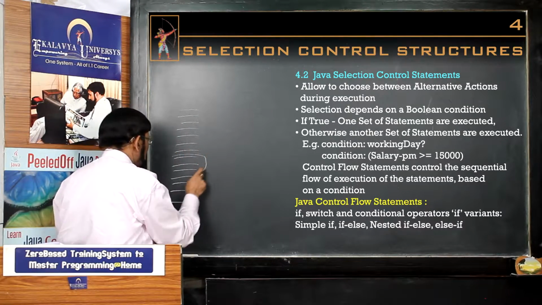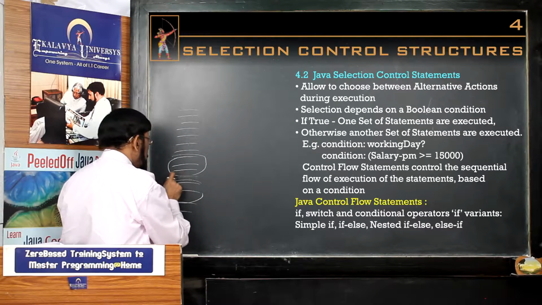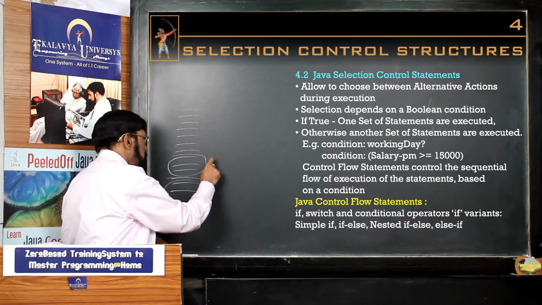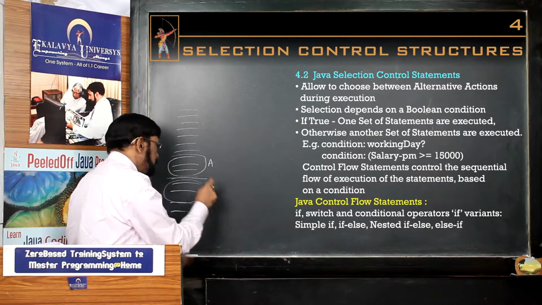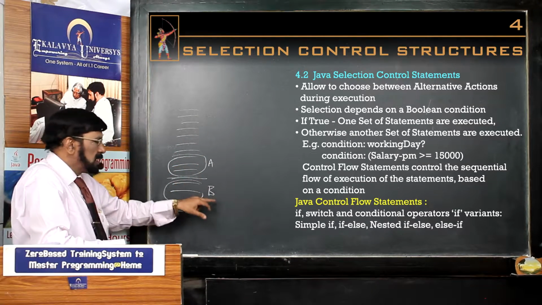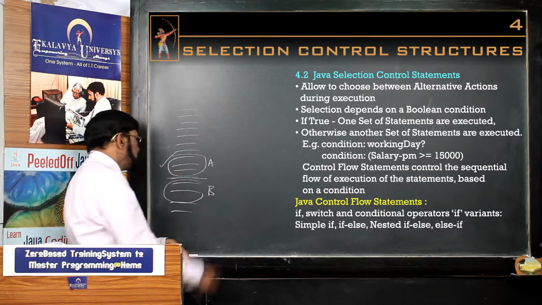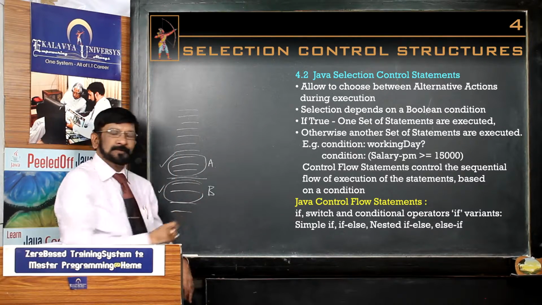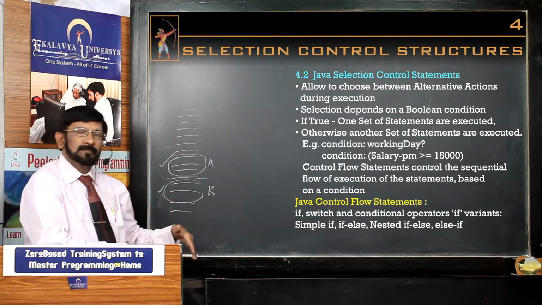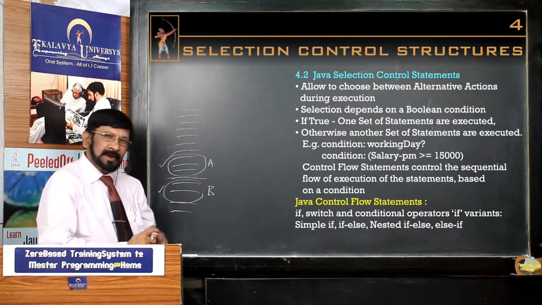Now here one block is created. Here another block is created. So here a choice will come. In a certain situation this block is executed. In another situation this one is executed. That means a selection happens, either this or this. For this purpose one condition is there. If the condition is true, this is executed. If the condition is false, this is executed. By this, what is happening? The flow of control of the execution is being controlled by selection. Understand? You have to understand that.